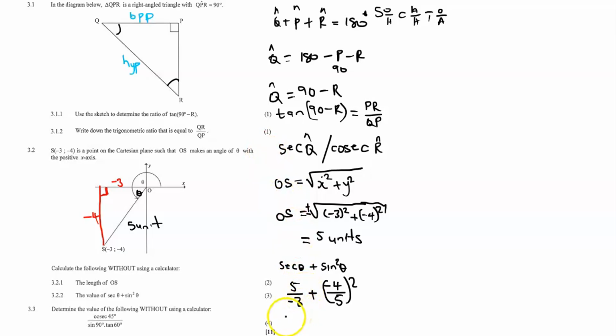So this will give us -5 over 3 plus 16 over 25. Obviously they said without using a calculator, so you can just find the LCD there and then you calculate. In fact, you can actually just punch this on your calculator and then you get your answer. So it's plus 16 over 25, and then you get